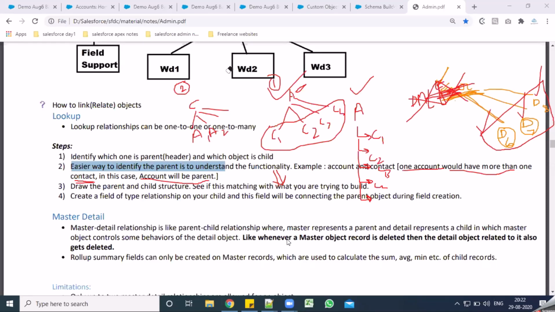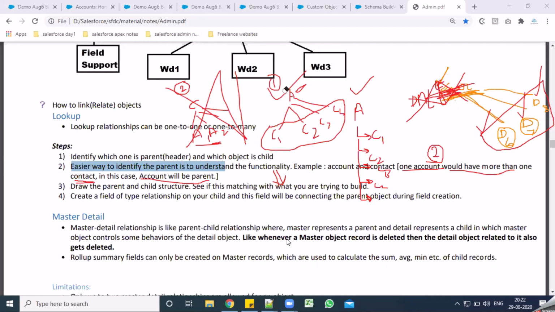Reading this second scenario, for one contact I have more than one account connected to it. Is it matching the functionality discussed by your client? The answer is no. So this is not the structure that you need to build.